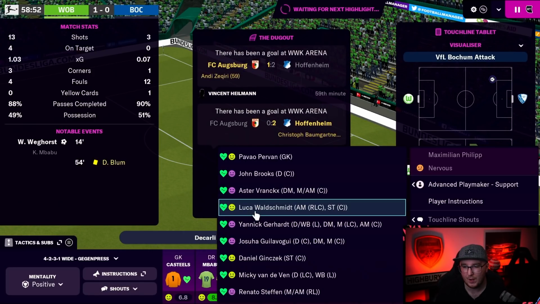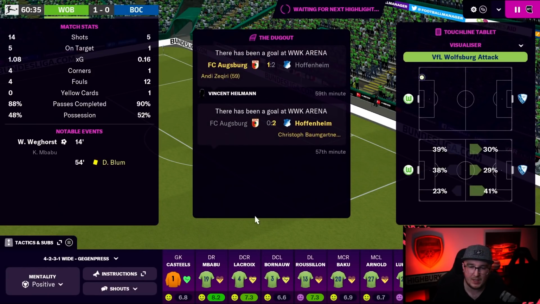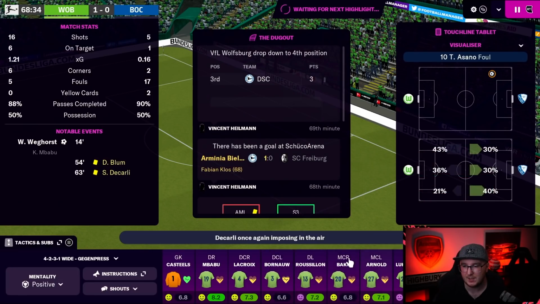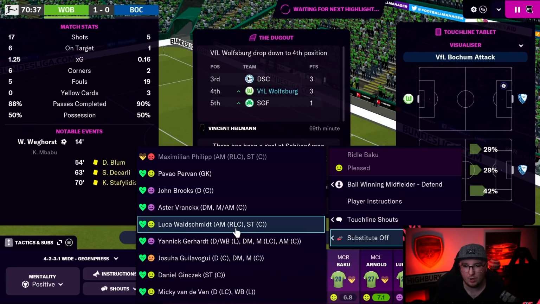Who would I bring on, though? Let's go Stefan. Stefan is going to come on. He's my first substitution, 60 minutes in. They've made a sub as well. It's still just 1-0, which is a little bit concerning. I was hoping I would have had a bit more here. Let's take off Arnold as well. Actually, no, he's having a pretty decent game. We'll take off Baku. And we will bring on...